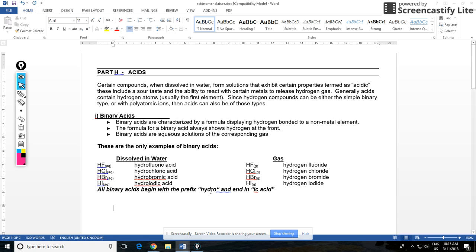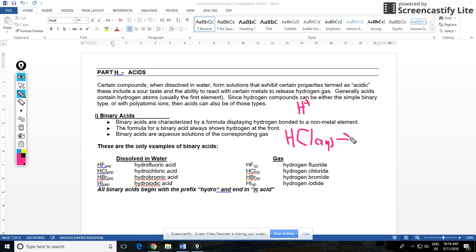In this video, we're going to learn how to name acids. Acids are compounds that, when dissolved in water, increase the concentration of H+ ions, so hydrogen ions. For example, if I were to put some hydrochloric acid, HCl(aq), in water, we'll go over this formula in a second, it would